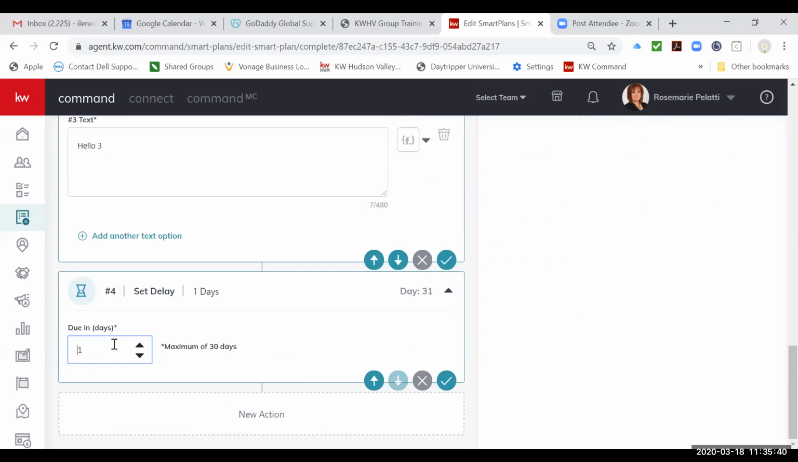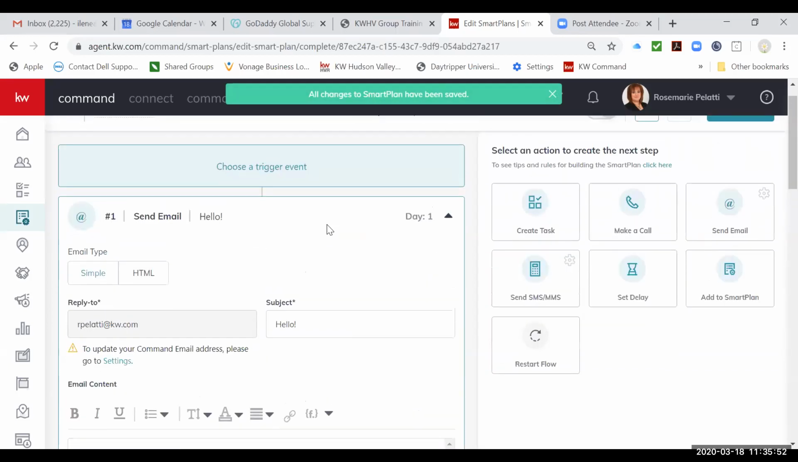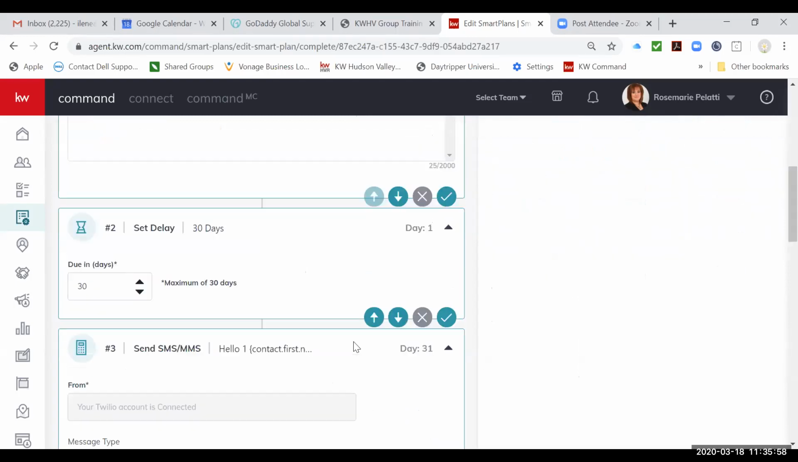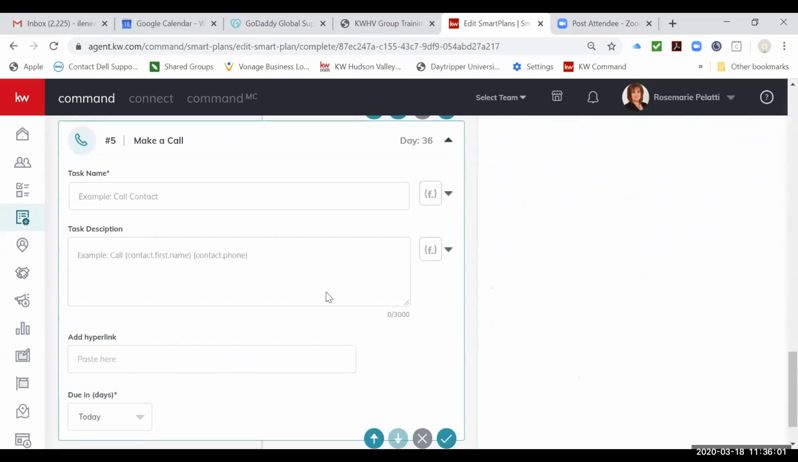I don't know why it's not working. Okay, I'll just go up. 5 days, and I'm going to save that. And then I'm going to add, make a call. This is going to give me a task and remind me to call them. So it could be call contact. And in the description, it says, for example, call first name and then their phone number. So call,